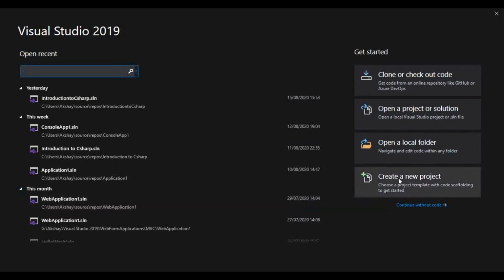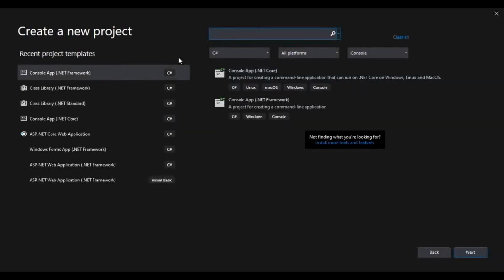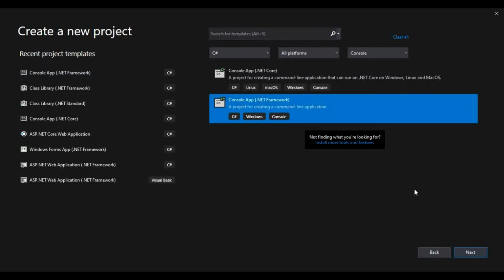Okay, let's create one project, and I will choose one console application, a very simple application. We just have to see data types only, so we don't have to take any other application. So I will create that only, which is a console application, the .NET Framework.